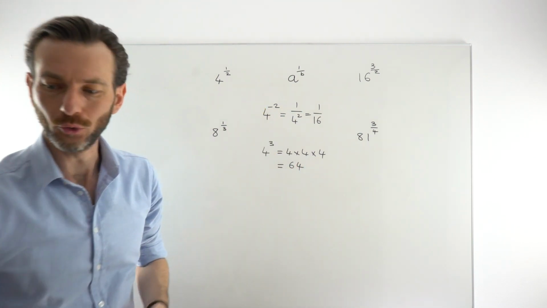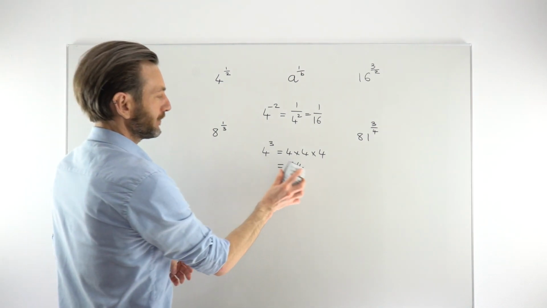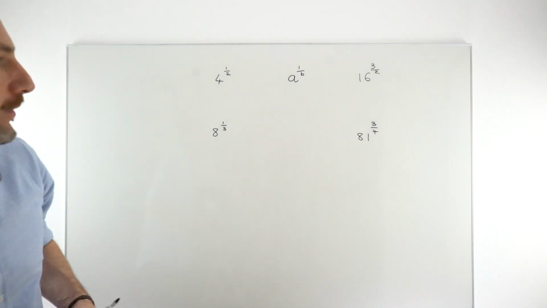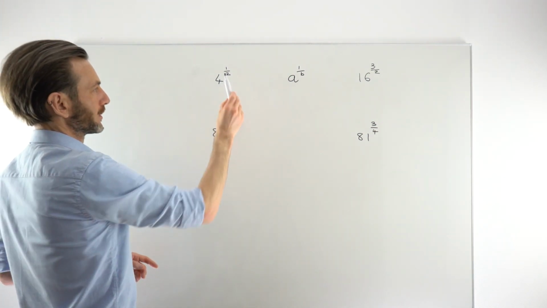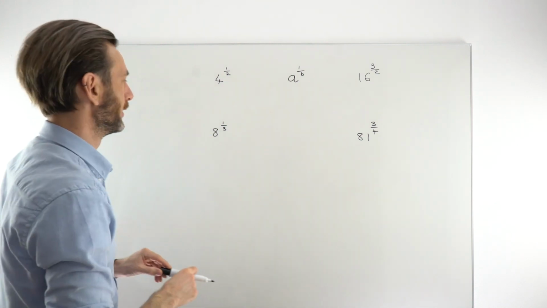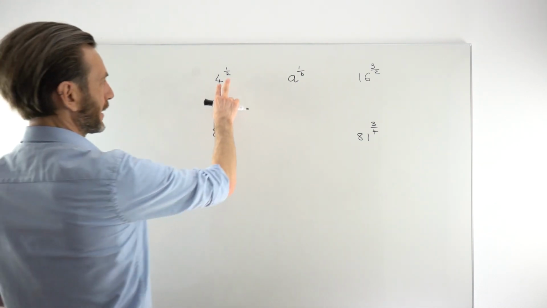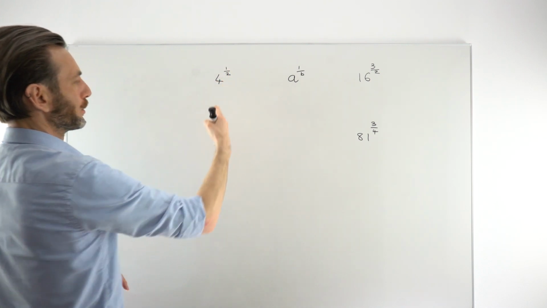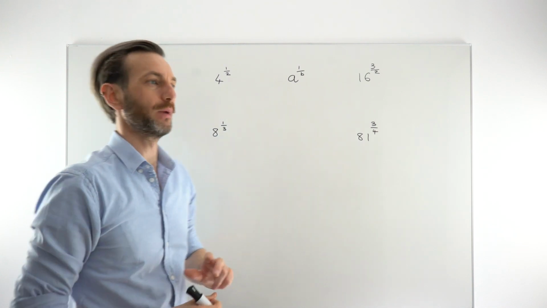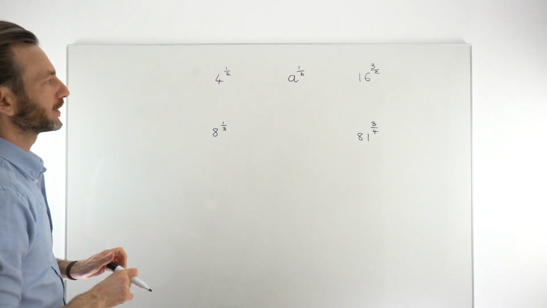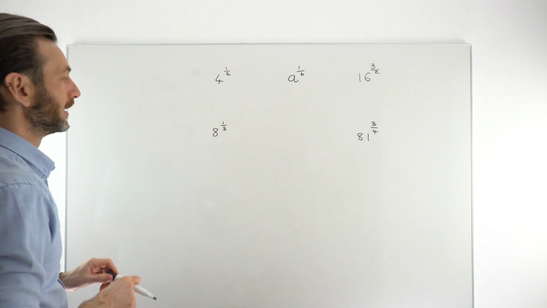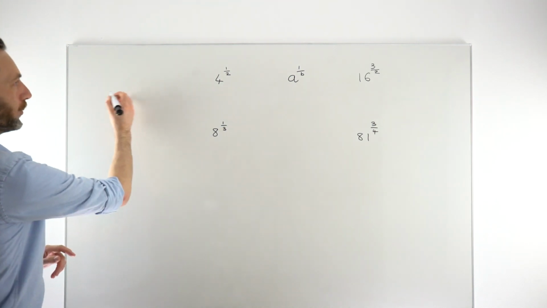But what about fractional powers? What do they mean? If a power tells you how many times to multiply the number to itself, how do we multiply 4 to itself 1/2 times? That's quite difficult to get in our heads. But it turns out that there's a connection between fractional powers and roots, so surds, or radicals you might call them. We'll look at a couple of examples, and then we'll think about the general case in a moment. But the key really is to know that